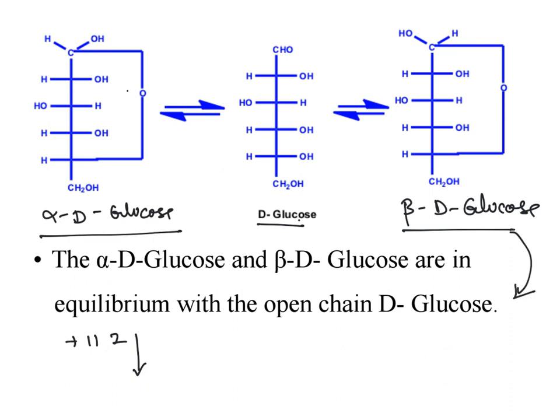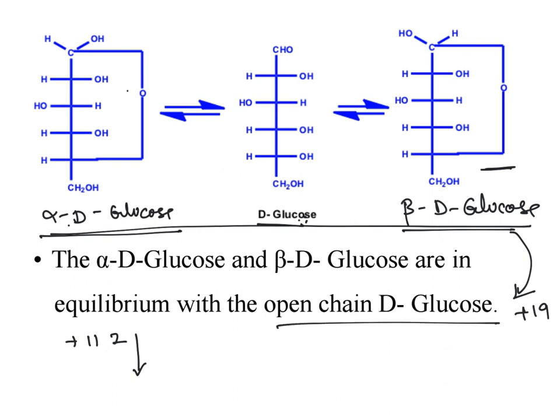Similarly, beta-D-glucose, which has a specific rotation of 19 degrees, if we dissolve it, again the cyclic ring is opened and it is converted into the open chain structure, and again it is converted into alpha-D-glucose. These three forms are in equilibrium with each other via open chain D-glucose, and because of this the beta-D-glucose increases. When we look at the concentration of these species at dynamic equilibrium,